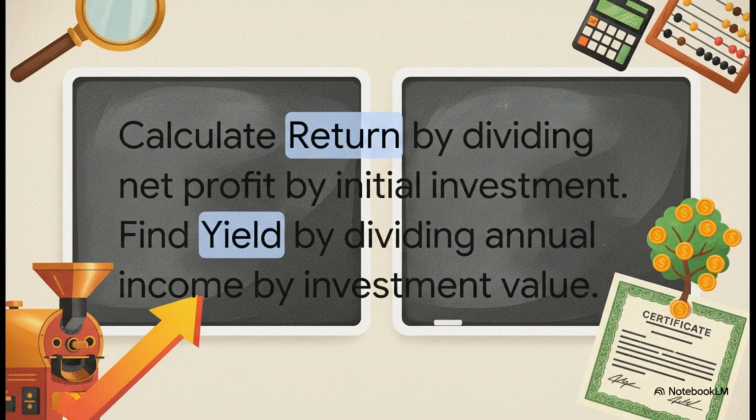So, the crucial point is knowing the math behind it. Figure 3 shows the essential formulas you need, and don't worry, they're pretty straightforward. To find your return, you take your final value minus your initial investment and divide that by your initial investment. To find your yield, you take your annual income, divide it by the investment value, and multiply by 100. Let's say you invested your own money into that local coffee roaster we talked about. Calculating your yield tells you exactly how hard your capital is working for you on a yearly basis.